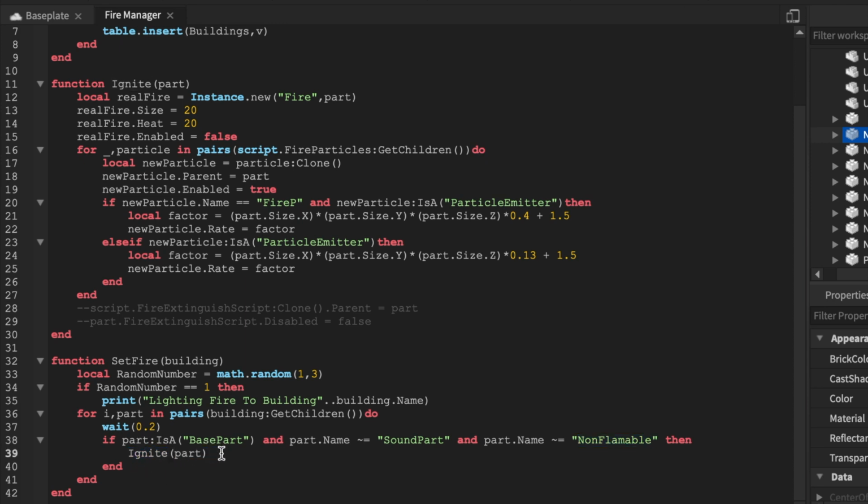Make sure you stay on the line. In this case, it's line 39 for me. Press enter or return, whatever you guys like to call that. I'm gonna say else if part